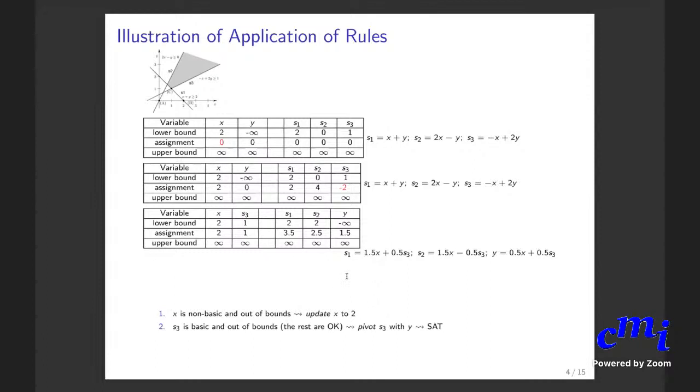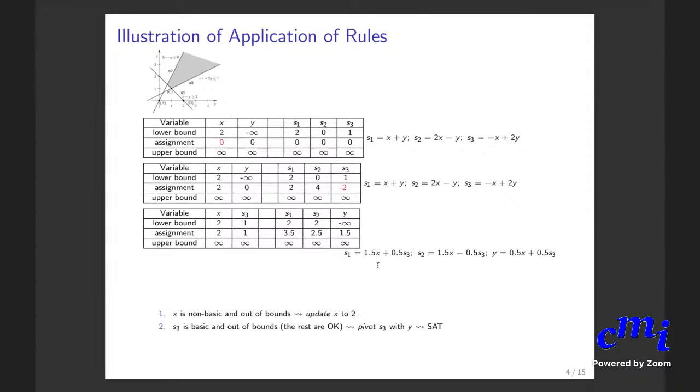Once you pivot, all the equations in the tableau get changed, and all the new values for the other basic variables will have to be computed and updated. The assignment has to be changed as per the new equations, and that's how the simplex proceeds. At each step, after application of the pivot and update rules, you will have to check if